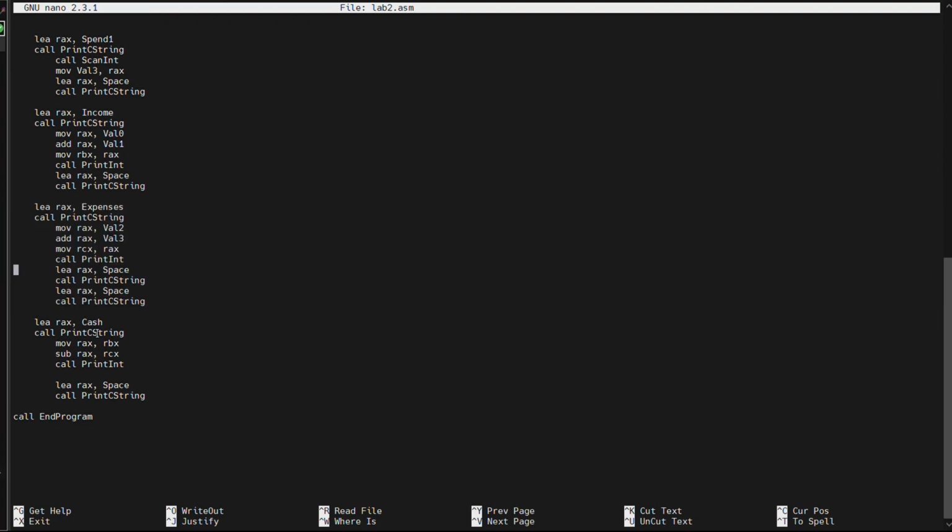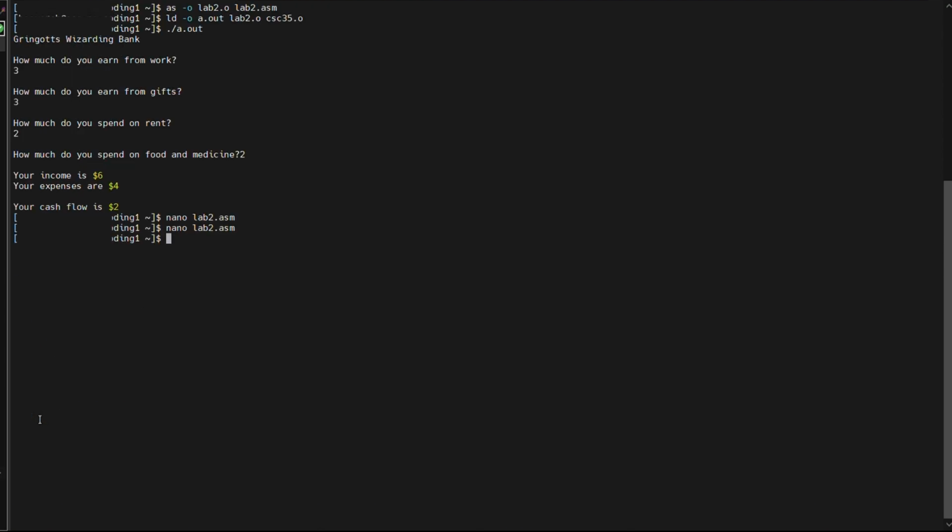After we do this, we have cash right here where we are printing out our cash flow. And then we are calling printCstring to just print this out. And then we are going to move RBX, which is our income, into RAX. Then we use sub to subtract our RCX, which is our expenses, from RAX. Then we are just going to print this out using the call printInt, and then print out a space, and then end the program. So if we exit this, and then just test it by running it one more time,